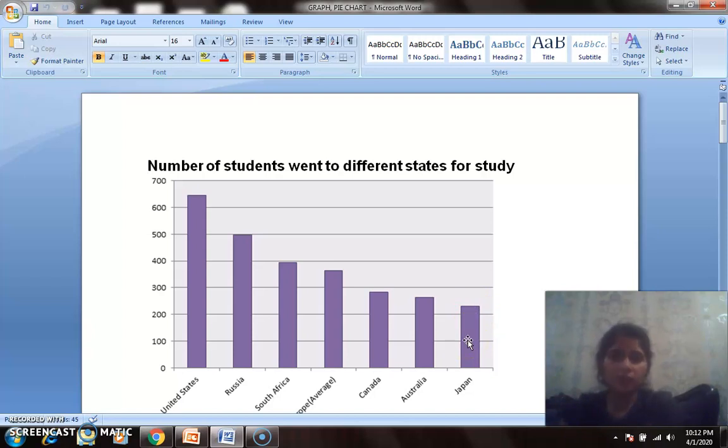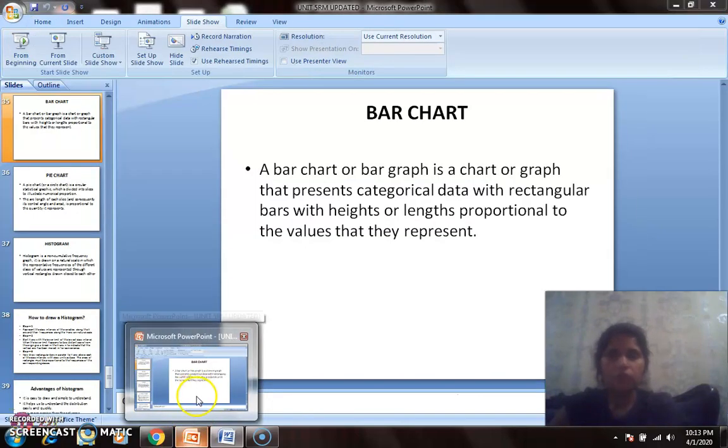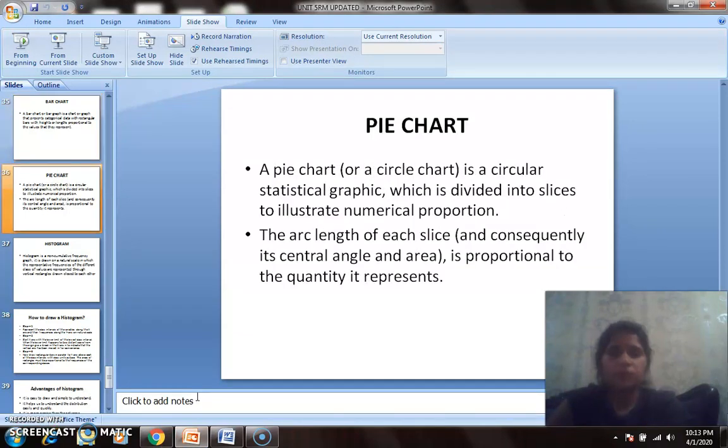So what we have done is, with the help of these rectangular blocks, we were talking about these, no? These rectangular blocks are just presenting the data, right? If the things are written without drawing any graph, things might not be very much clear. So with the help of these graphs, we are trying to make things more clear to the one who is going to listen to us, or for the one for whom we are going to write the report. So this is bar chart. Hopefully it is clear.